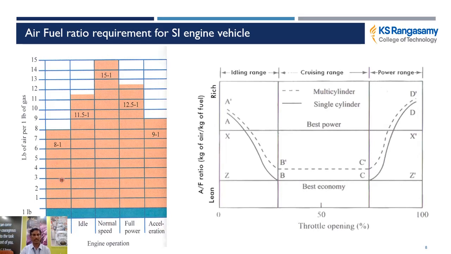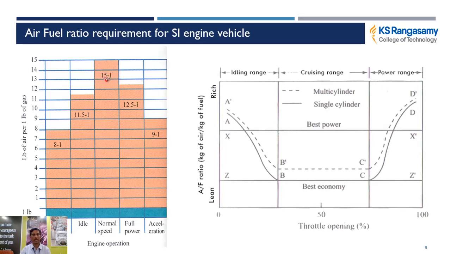When the vehicle is started, we need a rich air fuel ratio, and during idling we also need a rich air fuel ratio. For normal speed we are not opening the throttle more; the throttle is average and we do not drastically change the throttling conditions. In that condition we need a